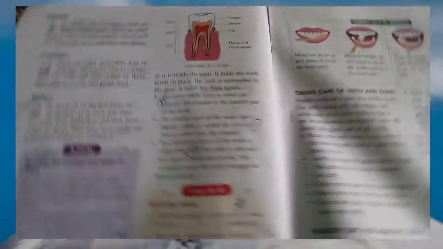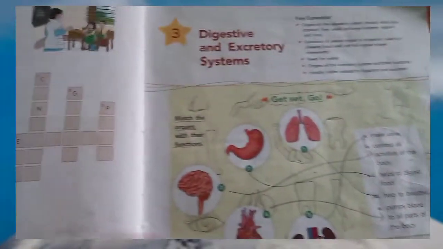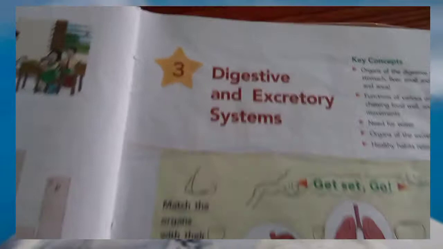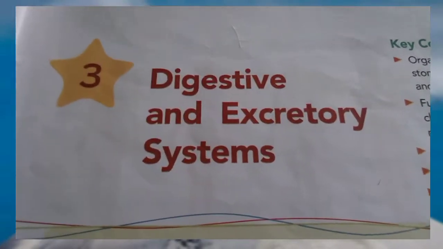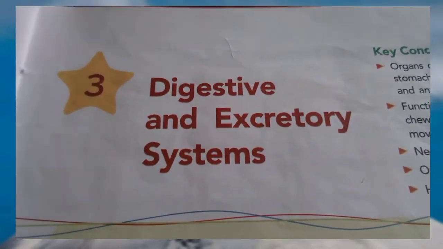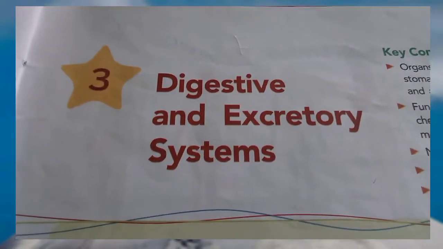Okay, so our chapter is done here. I think you understood this chapter on the teeth. Next we shall do all these exercises. You can see all these exercises in part 3 of this chapter. Next we will do a new chapter called the digestive and excretory system, which is very important to learn for those who want to become a doctor eventually.